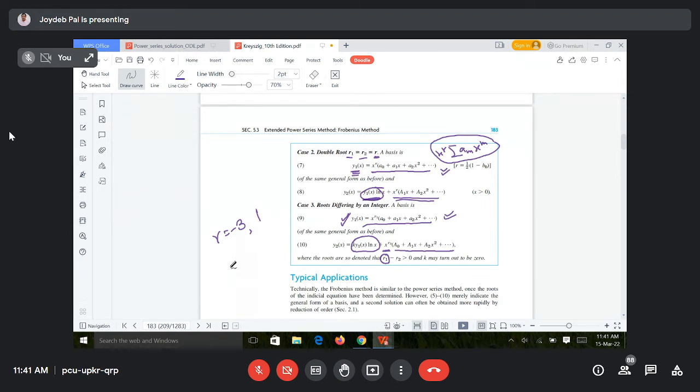So for r is equal to 1, you have to find y1. And another solution, that is for r is equal to -3, its form will come like this: k into y1 x ln x plus x to the power r2, r2 meaning -3, into a naught plus a1x plus a2x square up to infinite. Here that k, this k we are talking about, k can be zero